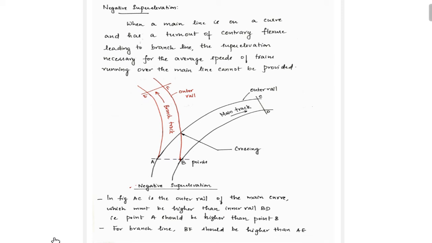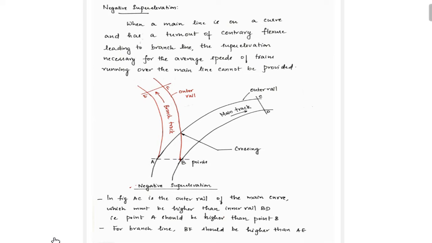In this video, I'll explain the topic negative superelevation. Also, I'll explain how to solve a problem relating to negative superelevation. So we know what superelevation is. It is the difference in height between the outer rail and the inner rail on a curve. What we do is, we lift the outer rail above the inner rail so that the forces are getting balanced